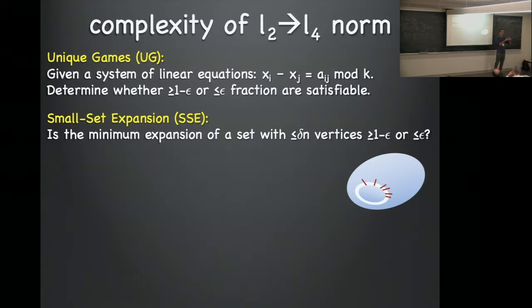Now, this linear algebra-based approach does not work. We do not know a good algorithm for doing this. And this is called the unique games problem. The unique games conjecture is that this is NP hard. And it's unknown if that's true. And it's related to this problem called small set expansion, which is like the question of how good of an expander is a graph.